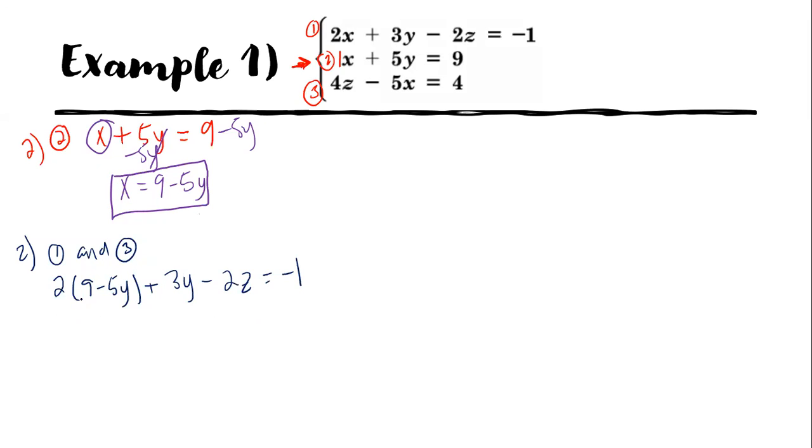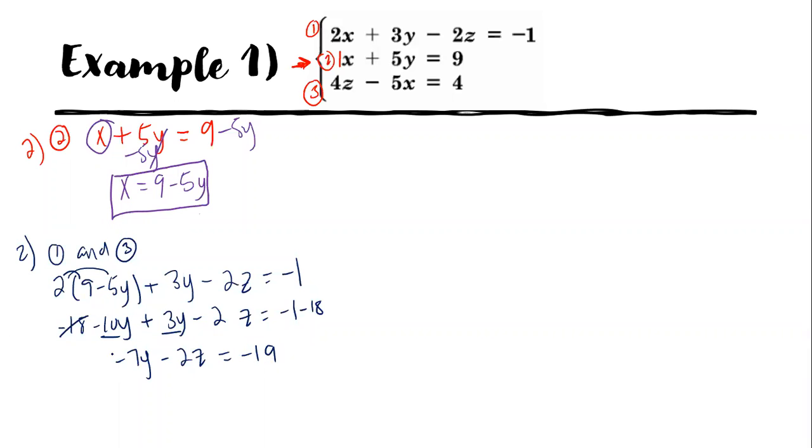And I'm going to clean this up. So I'm going to distribute, gives me 18 minus 10y plus 3y minus 2z equals -1. Combine like terms. And that gives me -7y minus 2z equals -19. Okay, and I'm going to do it again